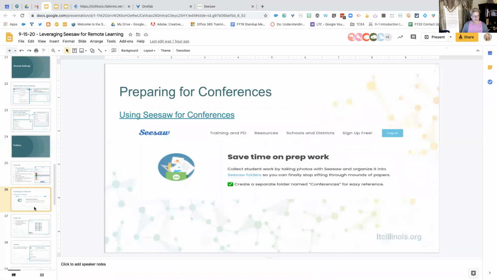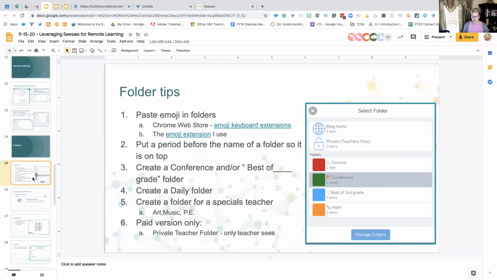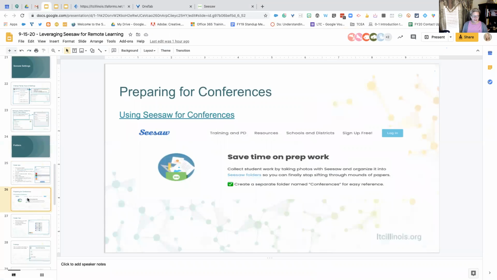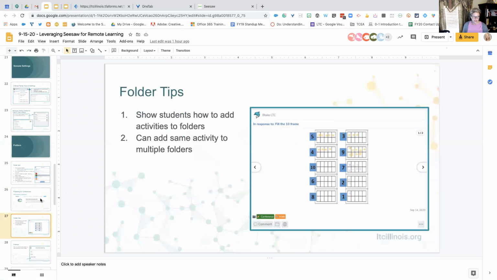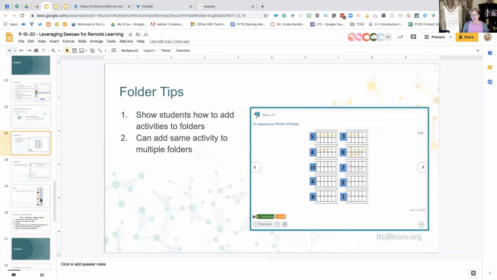So going back here to the slide deck then, we just talked about folders and some folder tips out there for you. Here on the next slide, if that conference folder is new to you, you can click on this link here on slide 26, using Seesaw for conferences. You can take a look at that and get even more ideas. And then another thing here,